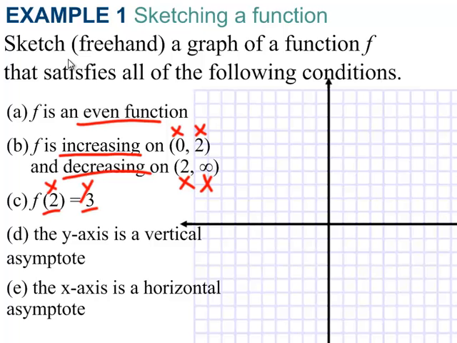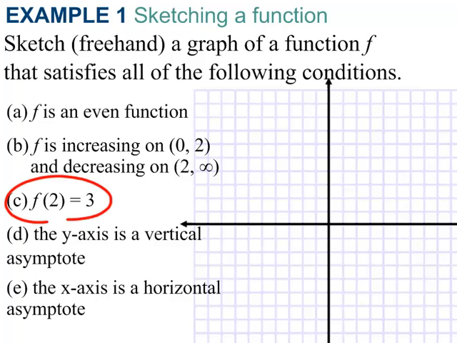We are then told that the y-axis is also a vertical asymptote. The x-axis is a horizontal asymptote. Okay, so it's a lot of information, and I think the key is to just decide an intelligent order to tackle these clues in. So there is no one right answer here, but I would recommend that if you're given a point, such as we are in clue C here, go ahead and graph that, because as long as you do it correctly, there's really no need to